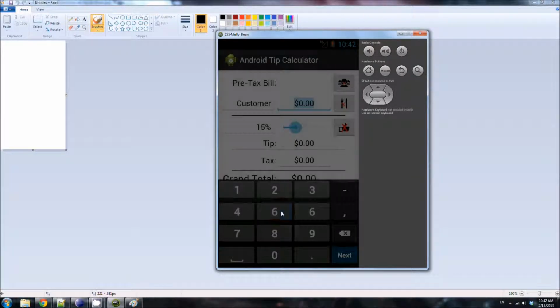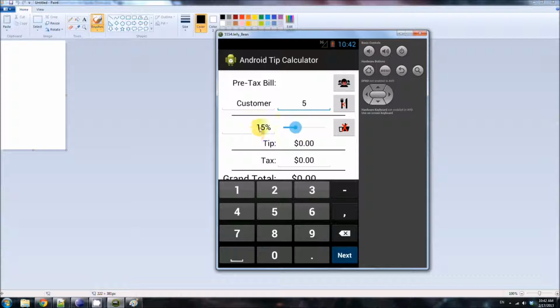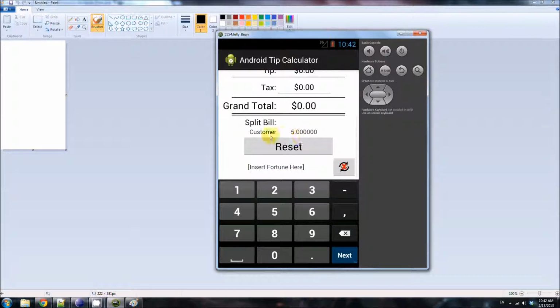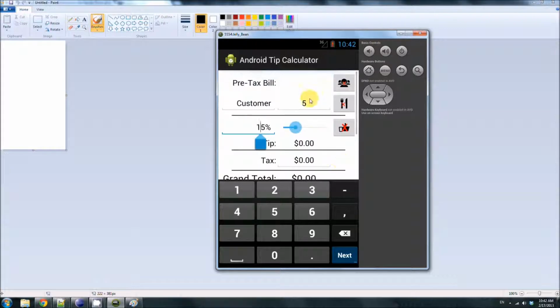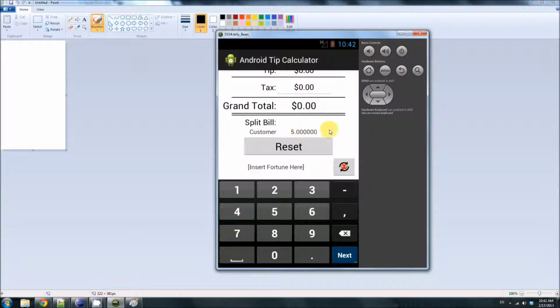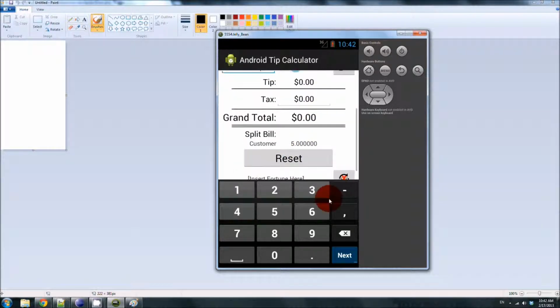Okay, here we go. Let's change the first customer to 5 and then lose focus on that. Scroll down and you'll notice it says 5.000000. So that isn't good because it updated, but that's not really the sort of